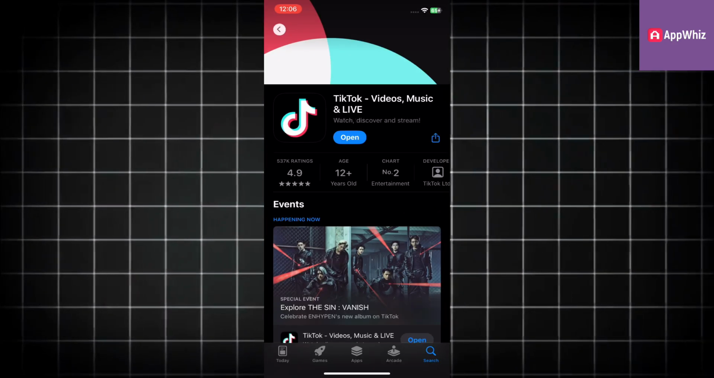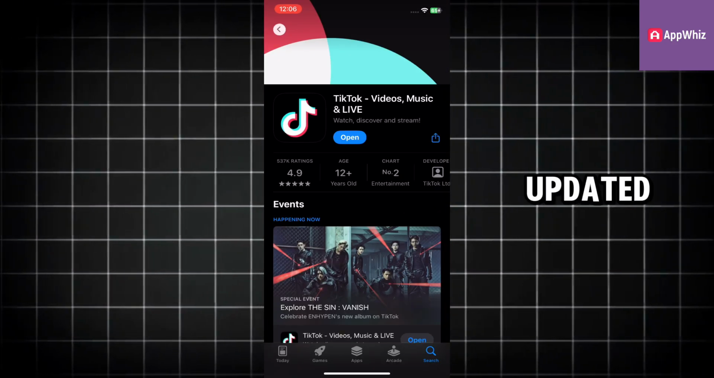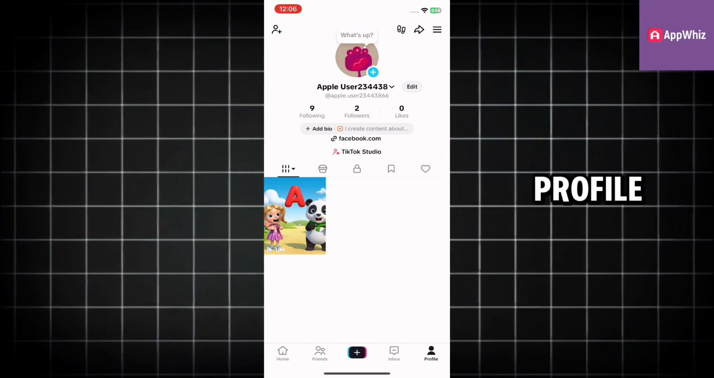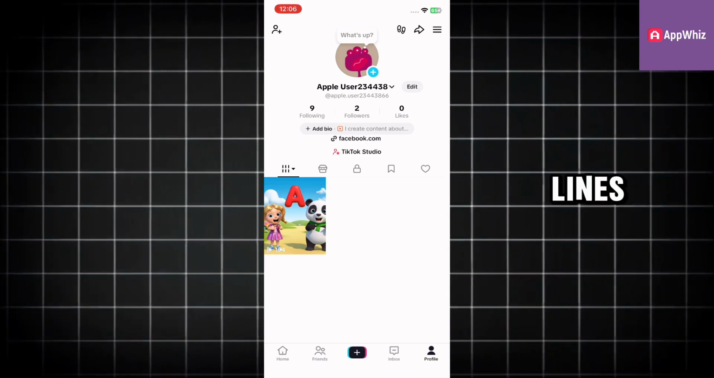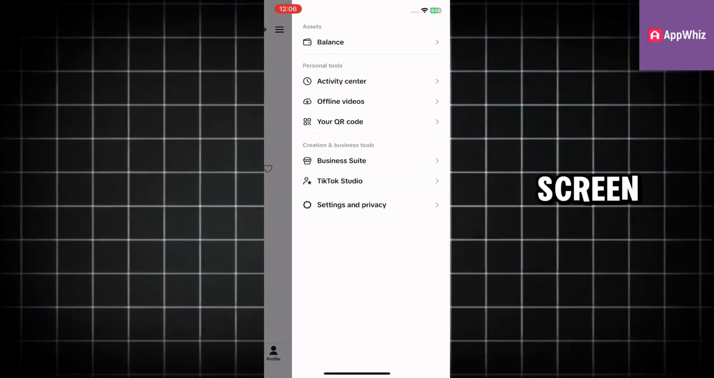First, go to the App Store and in the search bar, type TikTok. Once your TikTok app is updated, simply open it. Then go to your profile at the bottom right. After that, click on the three white lines in the top right corner of the screen and tap on Settings